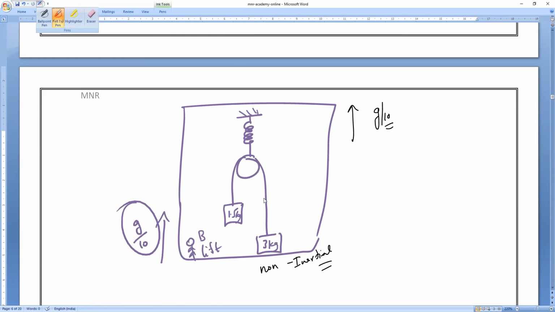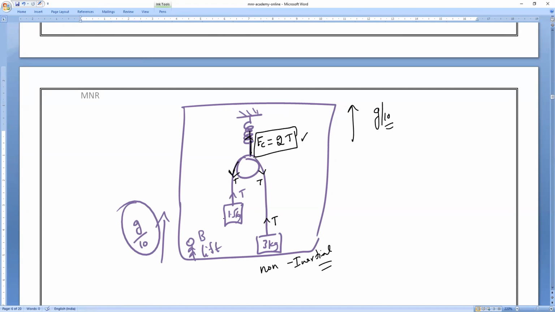But inside, have you noticed that both bodies are connected with the same string? Tension in the string is T, and here also the tension in the string is T. As we know, same string means same tension. So can you tell me what is the tension in the spring, that is, the spring force? Spring force is equal to 2T, since two tensions are acting. We are all very familiar with this 2T.